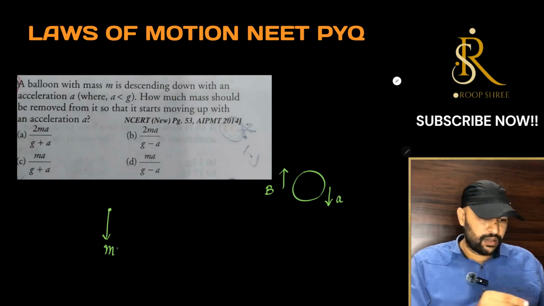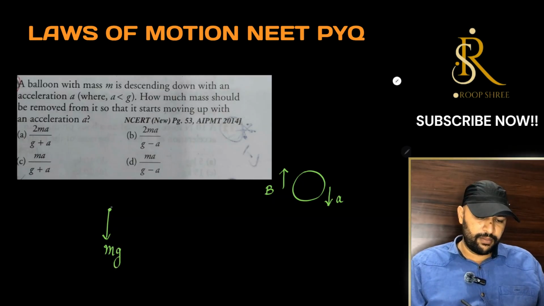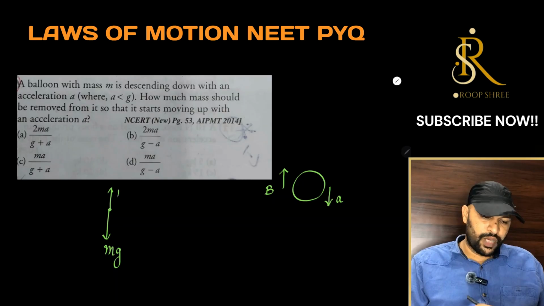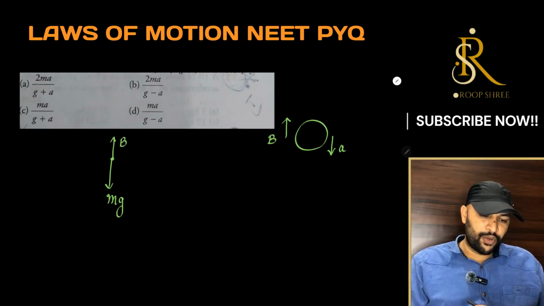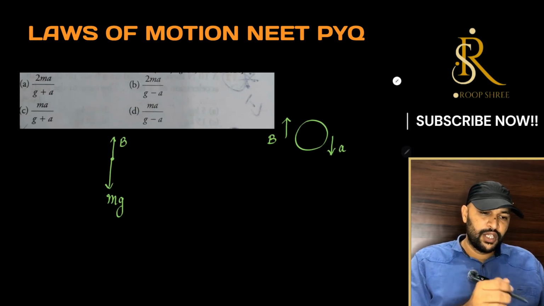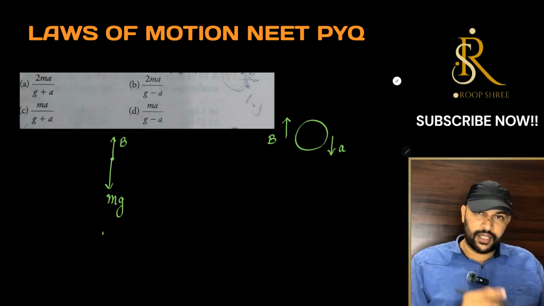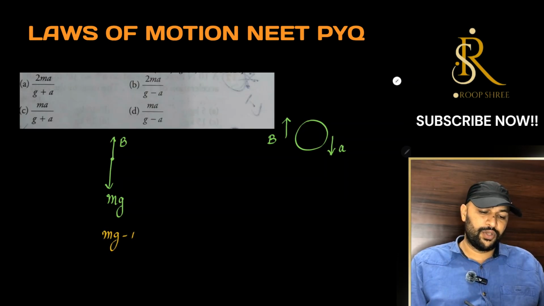It's given that the balloon has a mass m only. So m and g, weight is acting downward. Upward direction is the buoyant force, right? So in the first case, the weight is larger than the buoyant force, so mg minus B must be equal to mass times acceleration of this